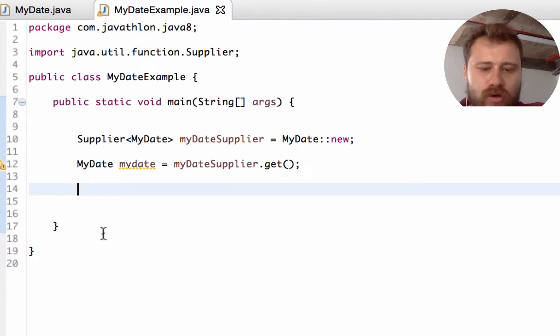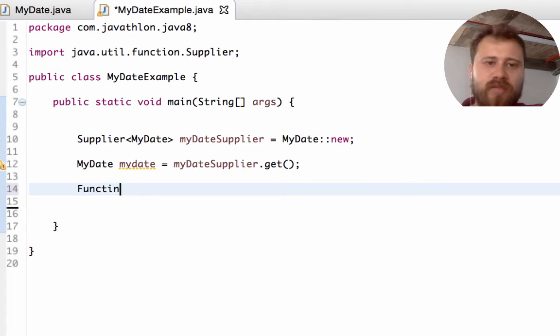Let's invoke the get name of the day method. For this I am creating a reference function. It gets my date instance and returns a string and